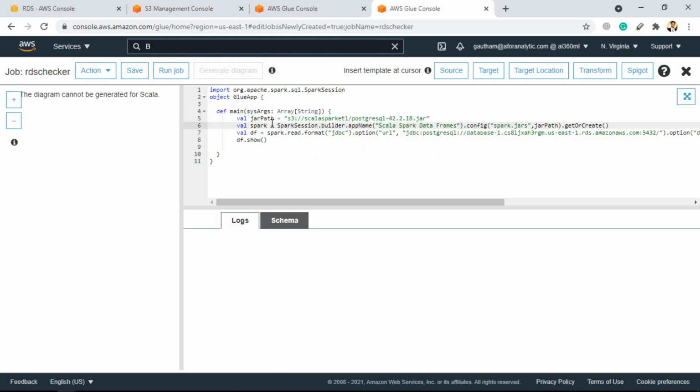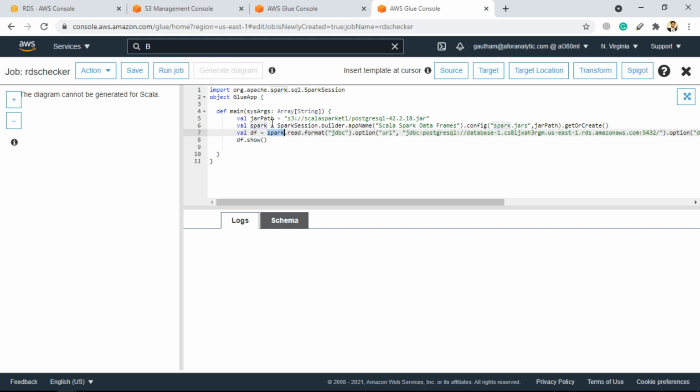Then we are creating a Spark session by providing the app name. We can specify the same app name again. Then for the config, we are specifying the Spark jars, and over here we are providing the path of the jar file. Next we are referring to getOrCreate, and you know why we use getOrCreate.